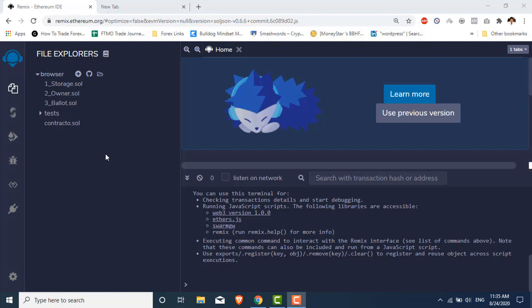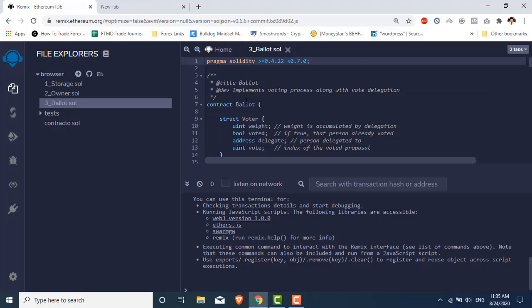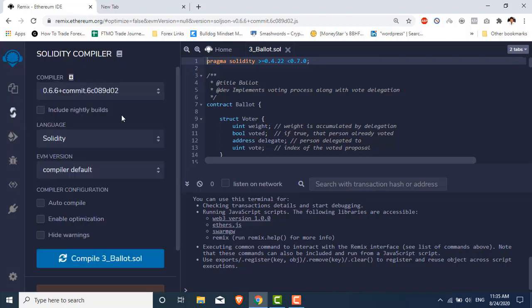Before we get started, I want to talk a little bit about the interface. When we click on some file, the code will be shown here. This is the console where the results will be displayed, and here the first tab is the file explorer where our files are displayed. The next one is the compiler. It is used to compile.